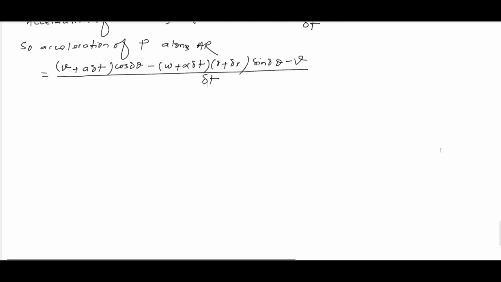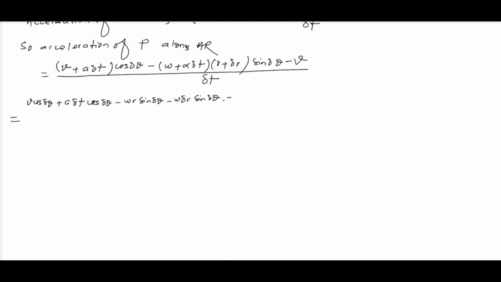So if you simplify this, we can write here as V cos del theta plus a del t cos del theta minus omega r sin del theta minus omega del r sin del theta